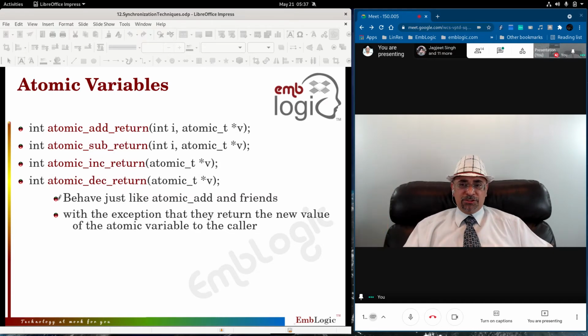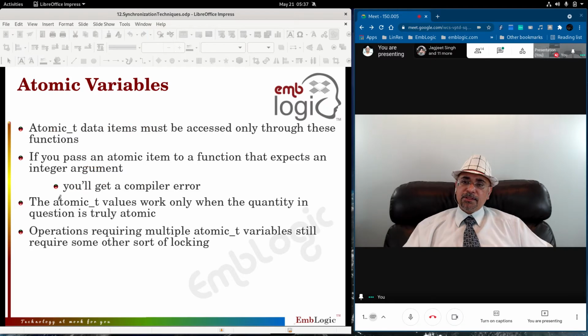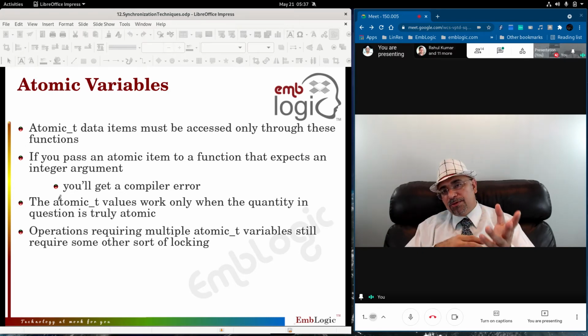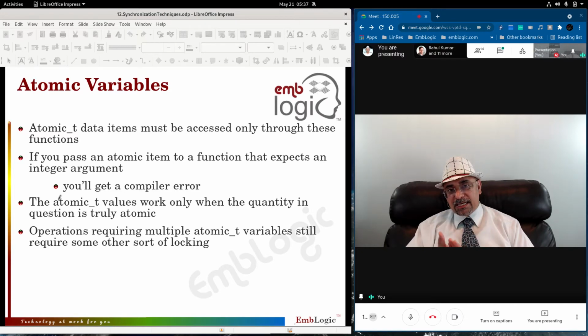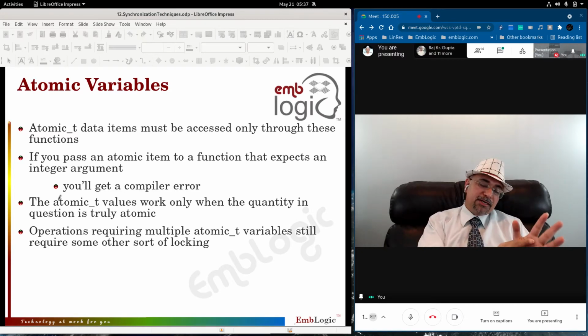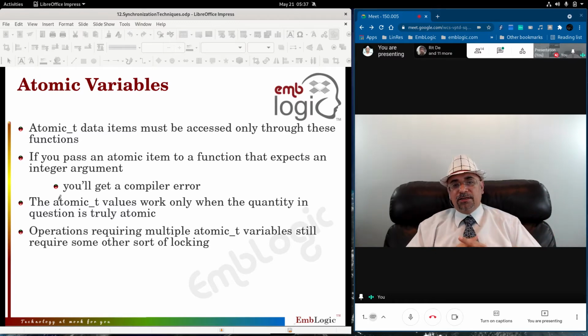These are more than sufficient. If you pass an atomic item to a function as an argument, an atomic_t variable is passed as an argument to a function or returned from a function. If you're passing an atomic_t, then accept it as an atomic_t; don't accept it as an integer, or you will get a compiler error.